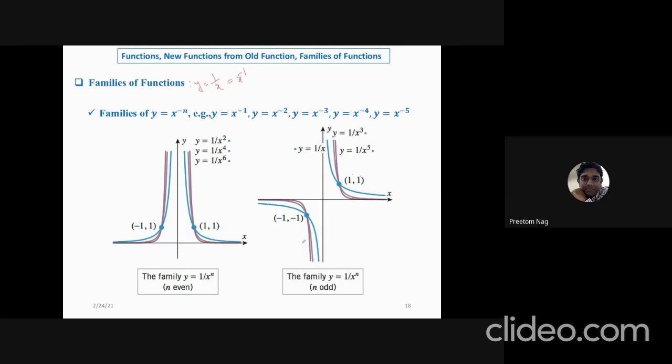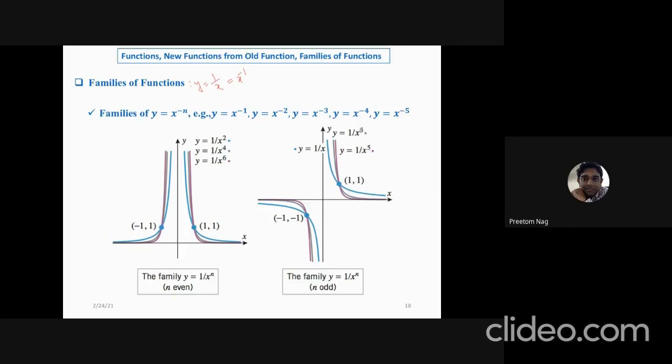Okay, that you can easily imagine. And within 0 to 1, what happened? Within 0 to 1, the graph will be much steeper if you increase the power of x in the denominator, and greater than 1, the graph would be less steep than the previous one if we increase the power of x in the denominator. Okay, that means the opposite phenomenon to what we have seen in the previous graph,